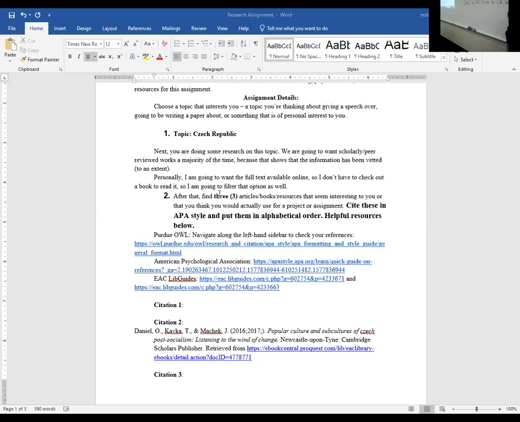You would have your volume number and then your edition, I believe. You might not always have that. And then your page numbers, so like 23 to 45 or whatever it is.